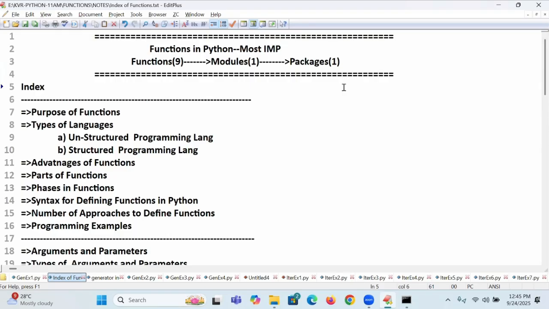One day I told you about the role of a full stack Python developer. Do you remember? Implementing APIs, development of APIs. That is nothing but development of reusable components: functions, modules, and then packages. Tomorrow I will tell you modules. Next day I will tell you about packages. Don't miss tomorrow's class. Very, very important. Really, the modules concept is a super, very important topic. But everything is called which concept? Functions. Refresh functions. Almost 13 to 14 days are over on functions.